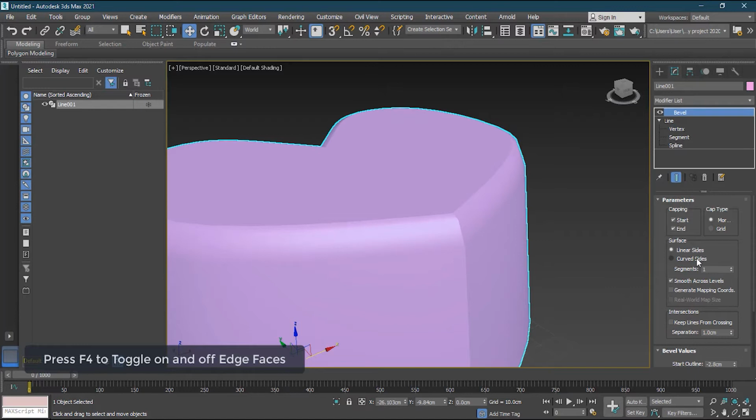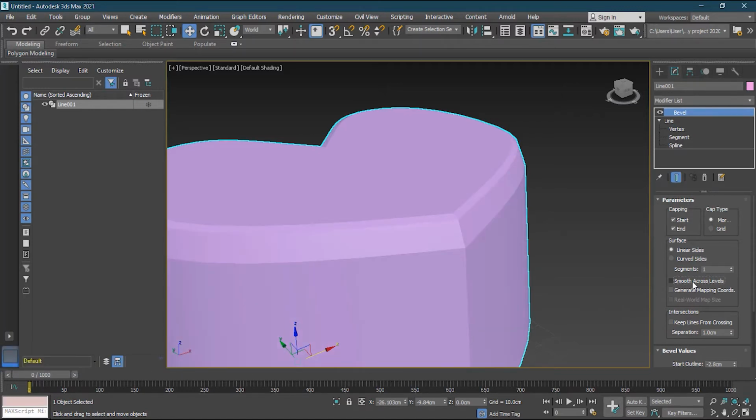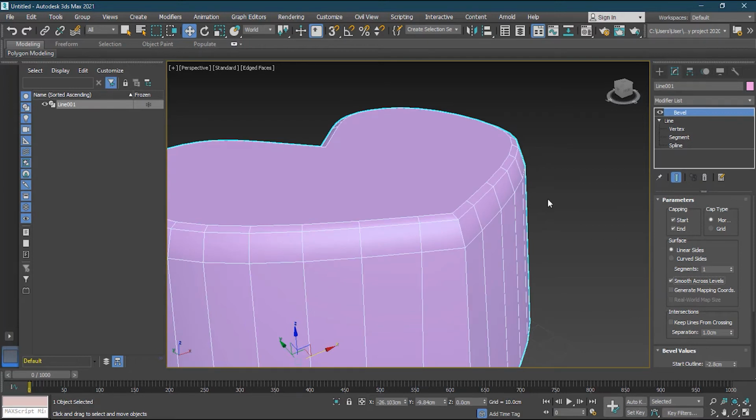So this is with the smooth across levels. Okay, if I turn it off, so this is sharp. Okay, so I hope you now understand what the difference is. So I will keep the smooth across level so that I can have a very nice good result here. Okay, now one more thing I can do here is that I can turn on my edge faces again with